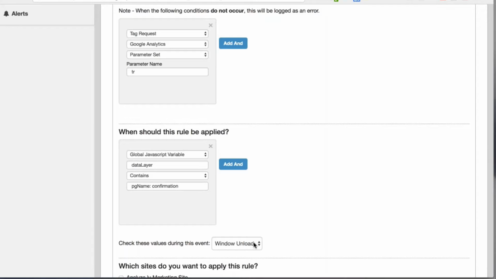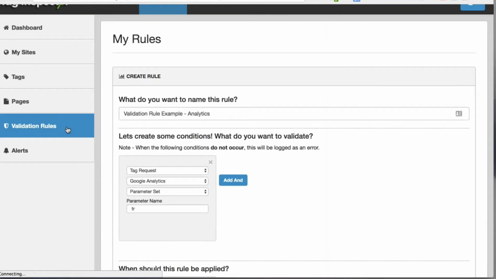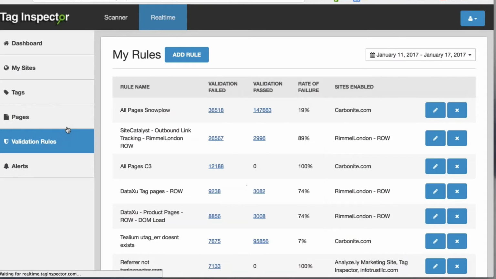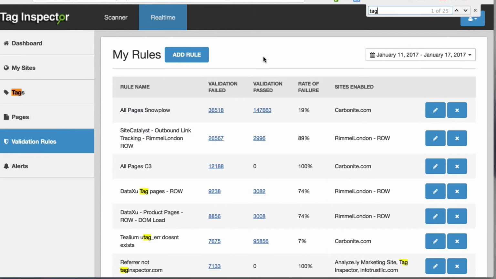As long as the second condition, for when the rule should be applied, is met, we're going to run that validation. We're going to tell you true or false, and then you're going to be able to go in and see, if it is a pass or a failure, what the context was, which I'll show you here now. So I create a rule, I apply it to a site, and within minutes, that rule is going to start validating. So if I come in here